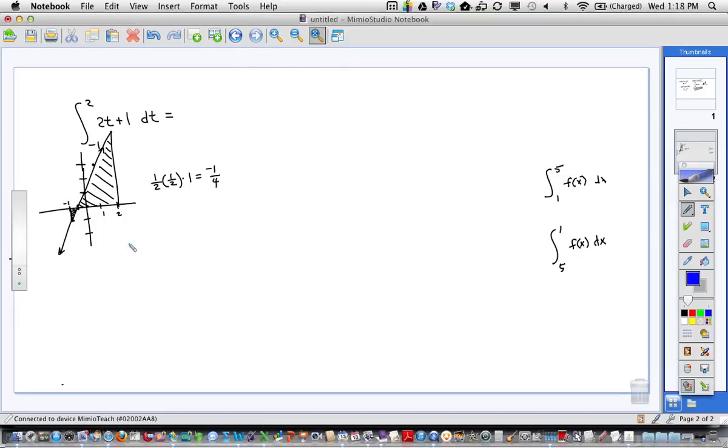The big triangle is what? Well, it's half the base. What's the base? 2.5 would be what? 5/2. And the height, how do we get that height? How'd you get 5? Yeah, but can't you plug it into the function too, right? You can just plug a 2 into the function too, right? So it's just the y value of the function. So that'd be 5. Okay, so what is that? 25